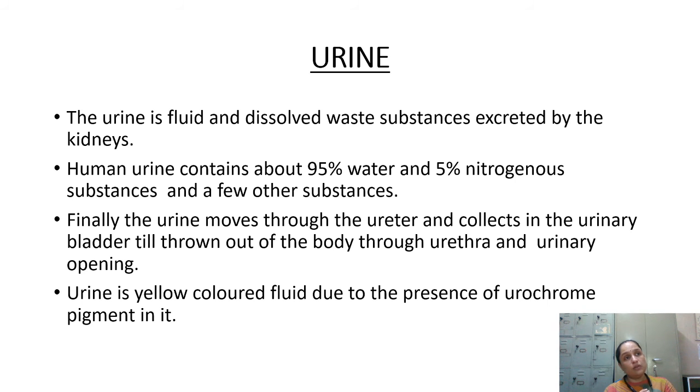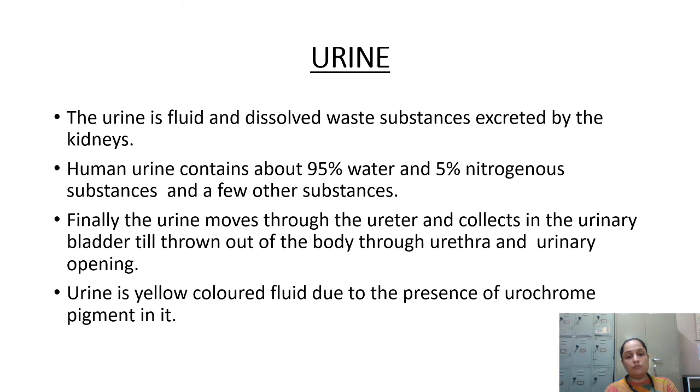And the interesting point is from where these nitrogenous substances came into our body. See, nitrogenous substances came through the plants, and nitrogen, you must be knowing, is an important component of our genetic material also. And whatever proteins you are eating, like pulses, gram, all those components also contain a high amount of nitrogen. So whatever excess amount of nitrogen came into our body in the form of protein is going to be converted into urea, and that urea needs to be expelled from our body because its accumulation inside the body is very toxic.